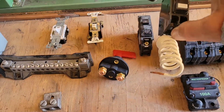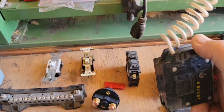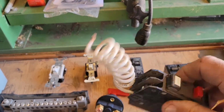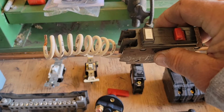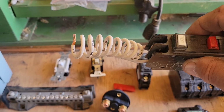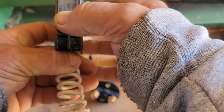This breaker I didn't cover because you very seldom are going to be dealing with one of these. These are usually used for things like a jacuzzi. All right, so you're going to power it, and the white wire coming out of here means it's a GFCI. That stands for Ground Fault Circuit Interrupter. And you see it's got a test button on here. So you would have that in the on position, press the test button, and that would pop to the off